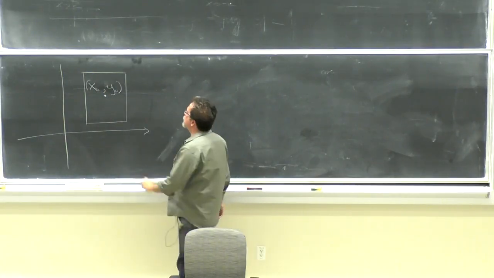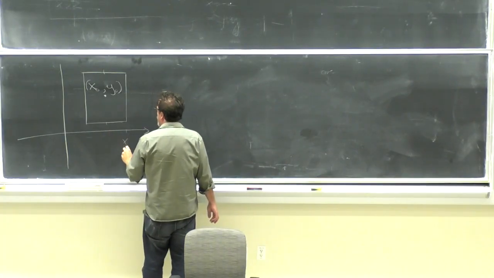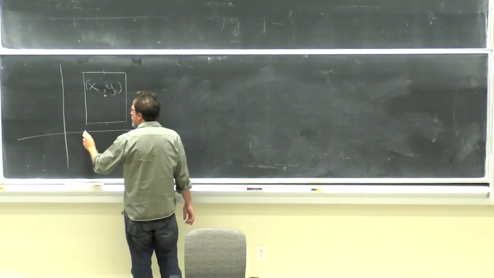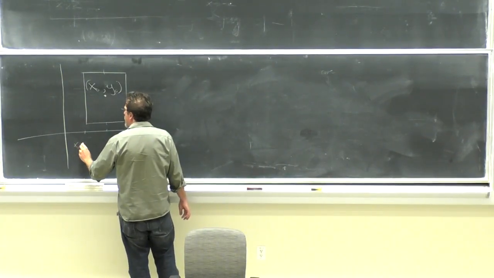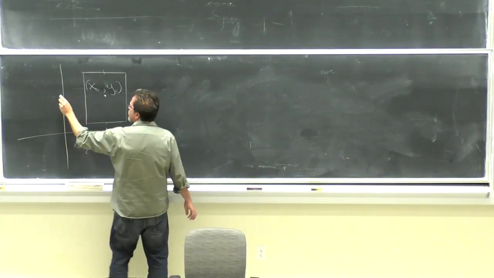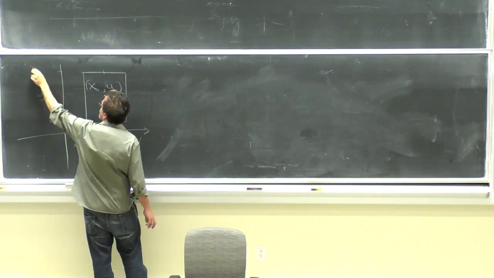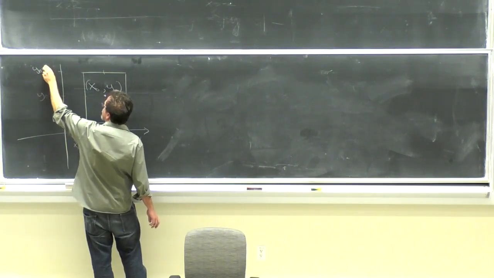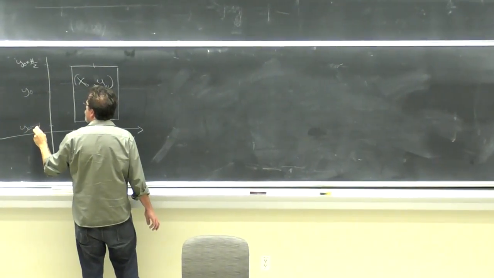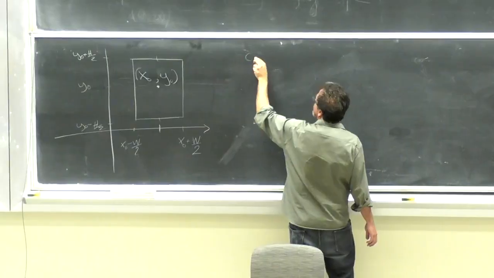So x0, y0 is the center of this point. And it's going to extend horizontally to x0 plus w over 2, where w is the width, to x0 minus w over 2. And so this line right here is x0. And this line right here is y0, and it's going to extend from y0 plus h over 2 for the height to y0 minus h over 2. And what I want you to consider is